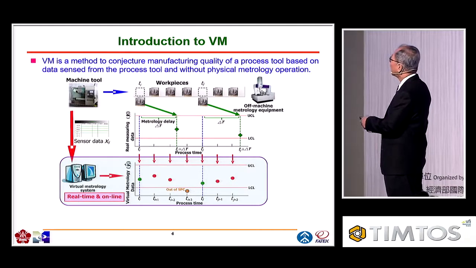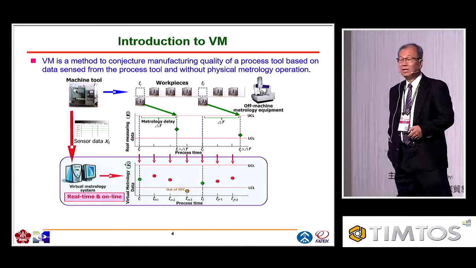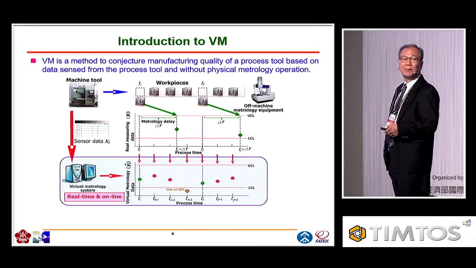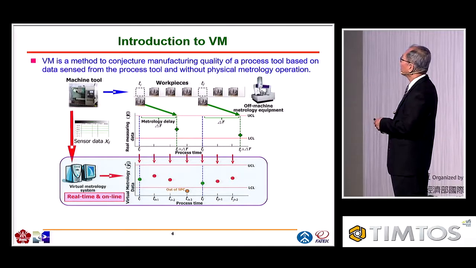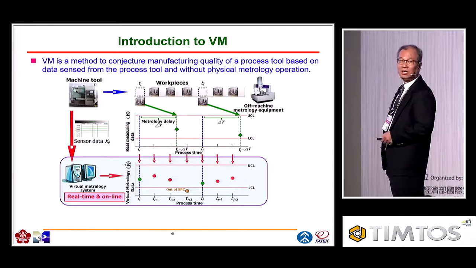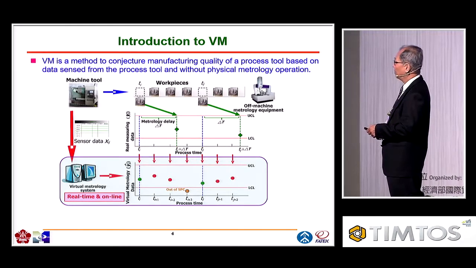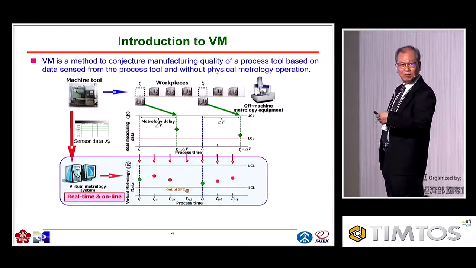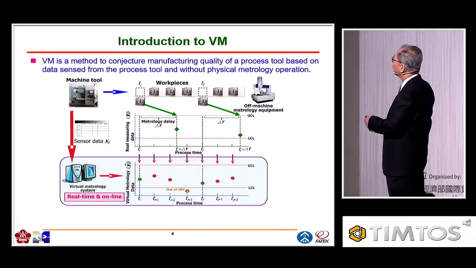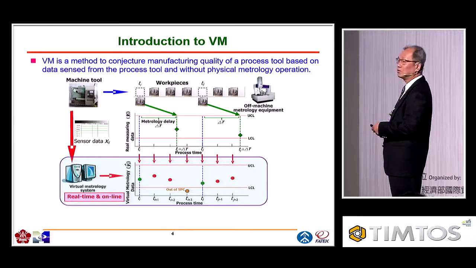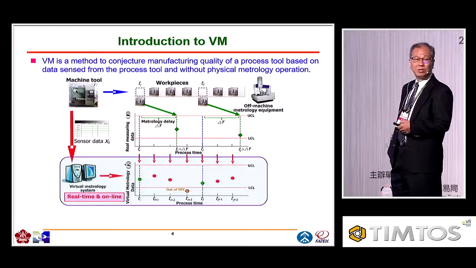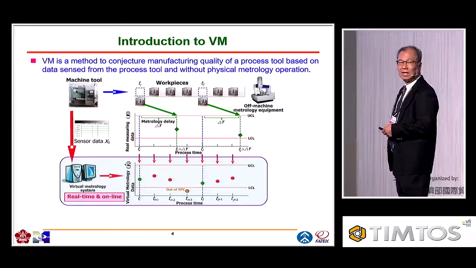But this kind of measurement is very tedious. It takes a lot of time. So conventionally, we can only use sampling inspection. Not only sampling inspection, but also there is metrology delay, because after finishing this machining, you need to ship it to the measurement equipment. And of course, the real measurement operation still takes time. So this is what we call sampling inspection with metrology delay. So this is not desirable.